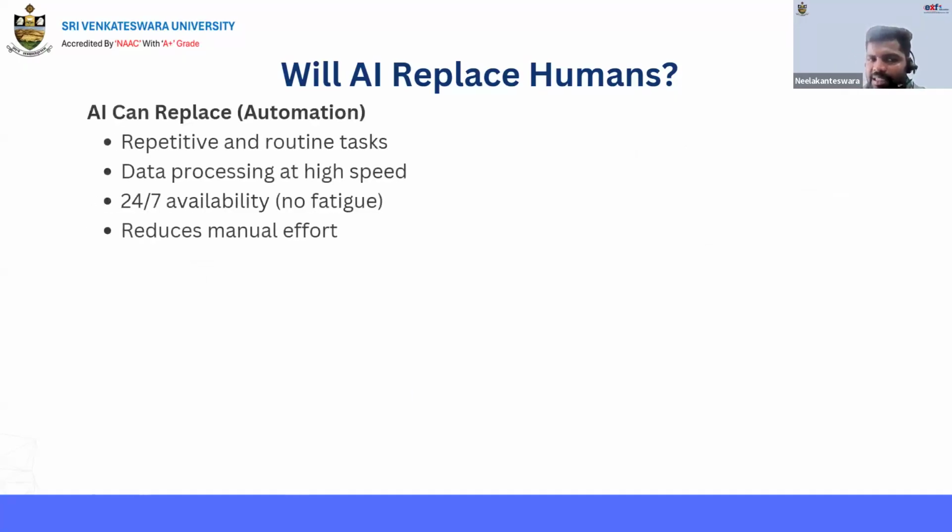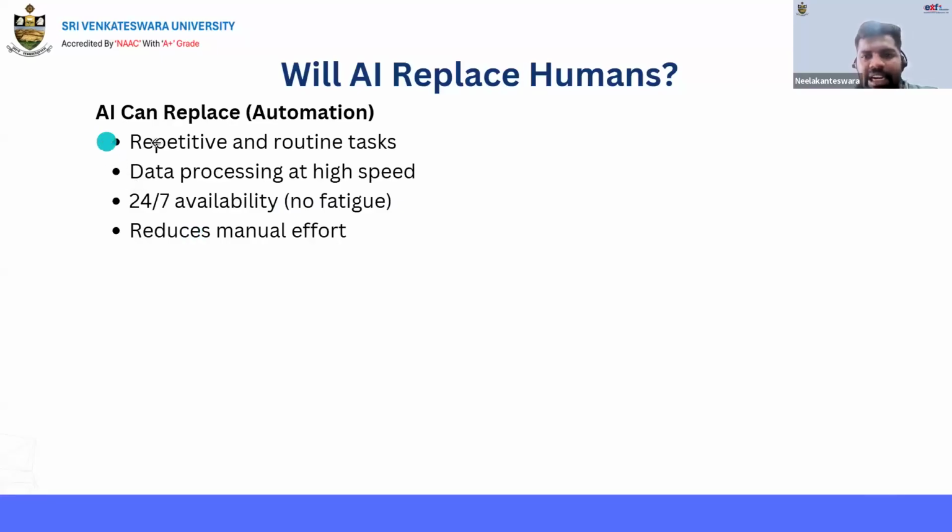But AI will replace humans in some cases, like automation: repetitive or routine tasks, data pre-processing at high speed, 24/7 availability, and reducing manual effort. AI only replaces this type of task.